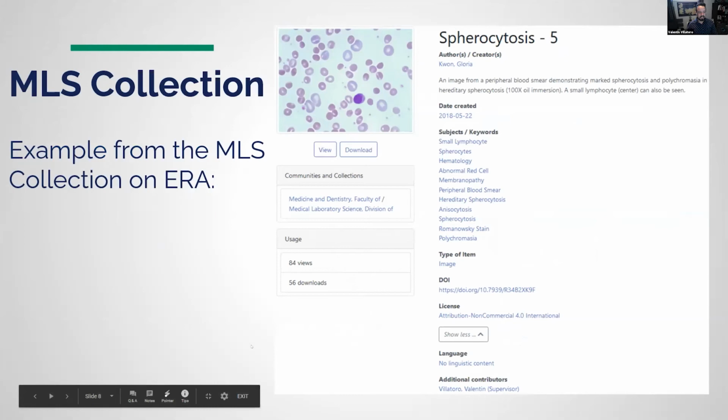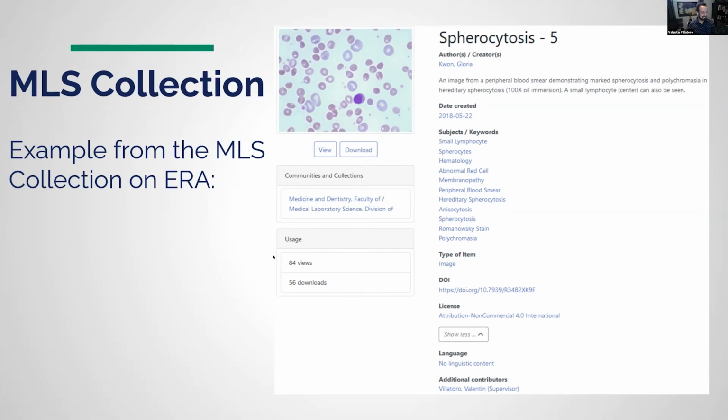And when you go to the site, which I'll share the link right away, unless Krista already has in the chat, each image allows you to view within the browser, to download, and also to see the metadata that's attached to it, including a description, other related disease states and other related metadata, and obviously a Creative Commons license. You can see this image particularly, I updated the screenshot yesterday. It was 84 views and 56 downloads for this one. So you can track some of the usage over time.